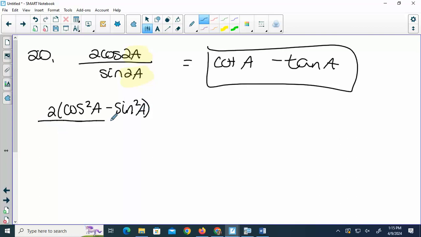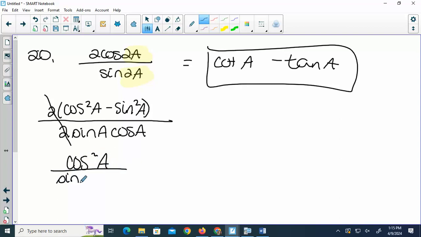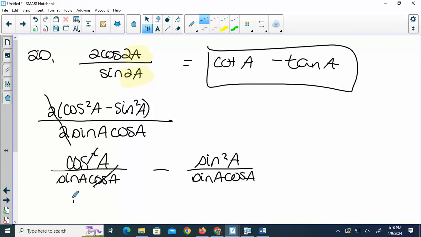On the bottom, sine 2a, we only have 1, 2 sine A cosine A. What happens to my 2's in front? Cancel. The bottom is a single term, so we can break this apart, put each one over the denominator. So then if we reduce cosine squared, we can take one of those out. Cosine over sine is cotangent. This one we can reduce a sine, and we have sine over cosine, which is